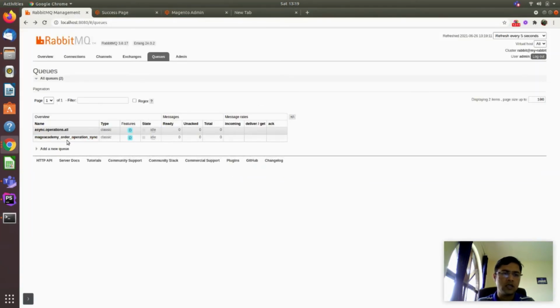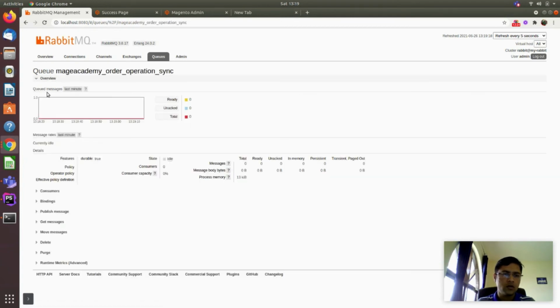Here you can see we have our new queue, custom queue, Mage Academy, order operations sync. Here we will know when we place the order and send one message to queue. So here you will see the progress.